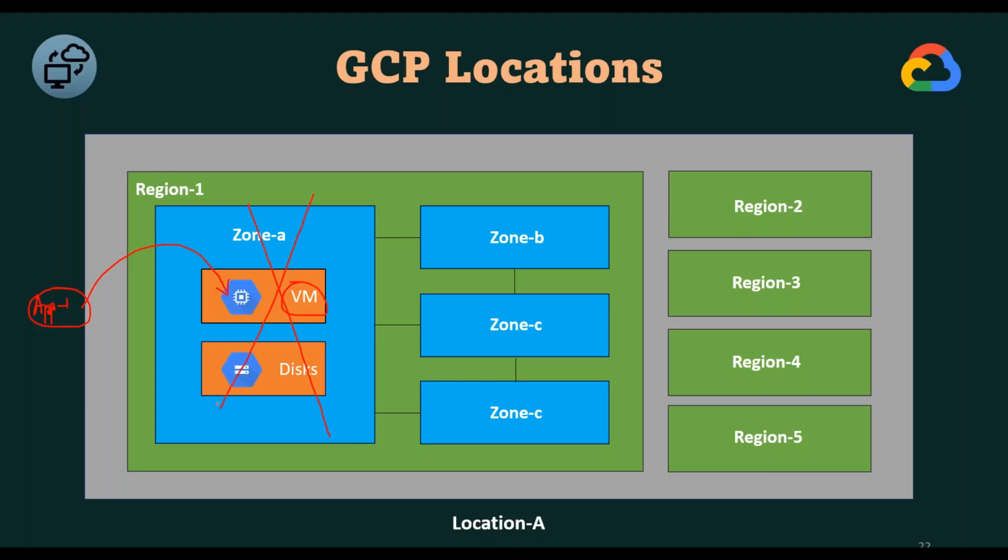What if your zone 1 is crashed? What will happen to your application, sir? Your application cannot be accessible by anyone. That means you are going to lose your customers. So that is the reason, what they have discovered is that,